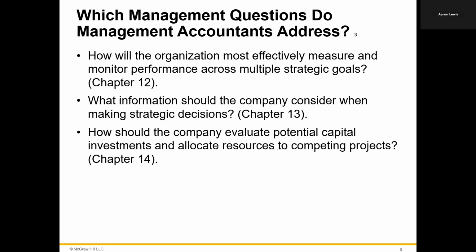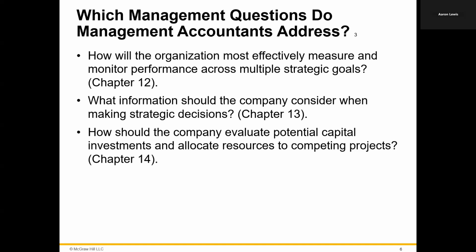Going even further down the list, how are we going to measure our goals? Every company has a certain list of things that they want to do during the upcoming period. Increase sales volume of product A, start selling products in a different region of the world that we haven't sold before, make our employees happier through extra compensation programs, etc. Like a big list of things that you want to do that are your goals and usually tied to key performance indicators or KPIs as they call them. So how do you take the information on all that and determine are we meeting our actual goals?